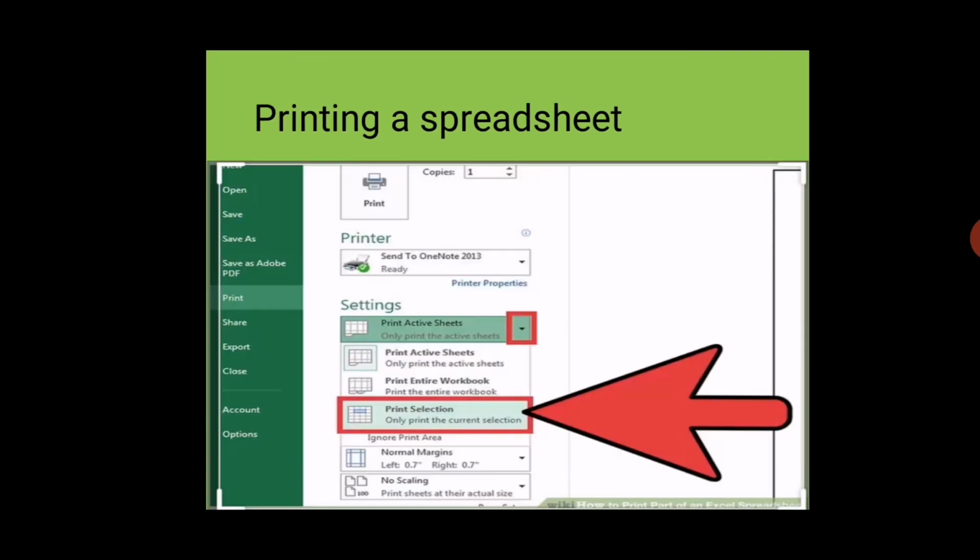Next is printing a spreadsheet. How can we take a print of a spreadsheet?